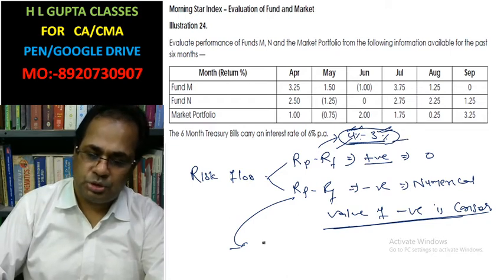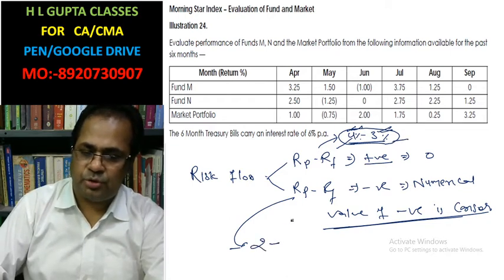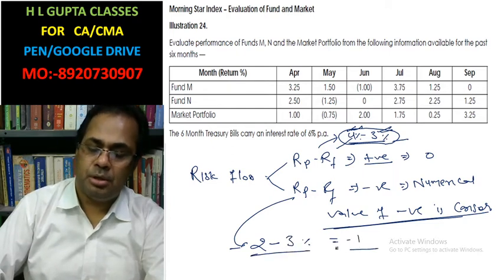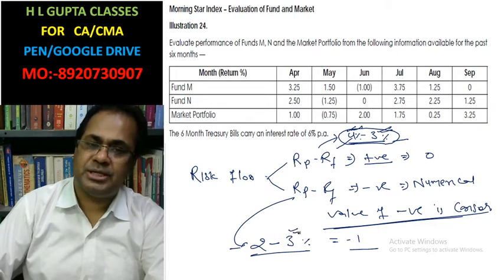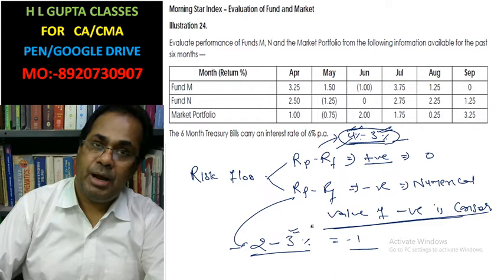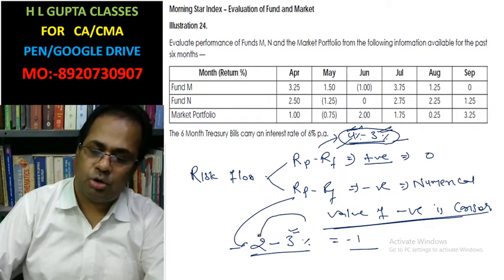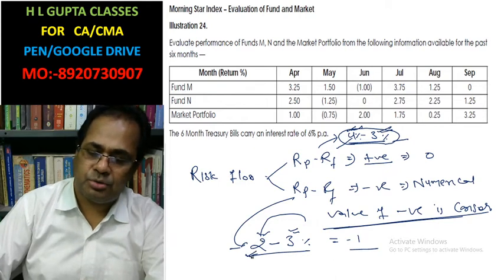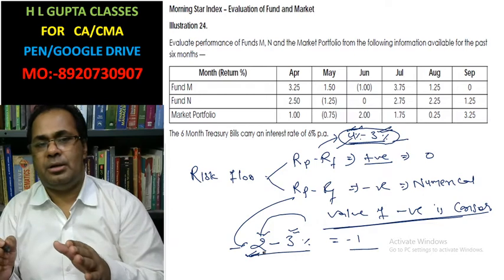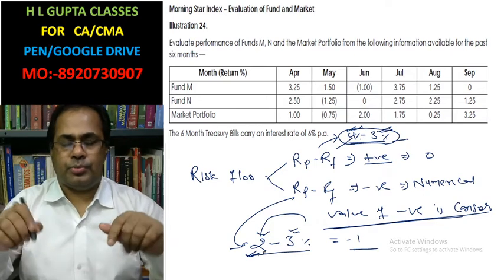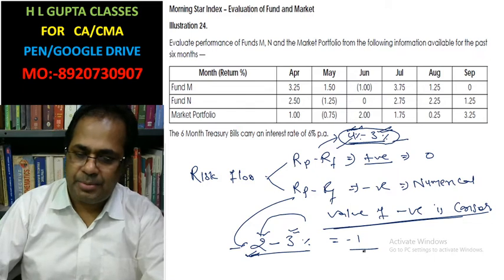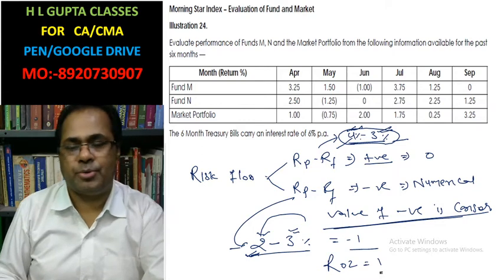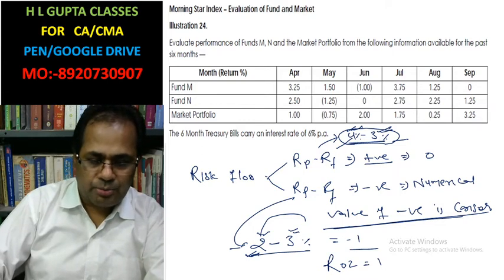But in the reverse case, suppose the portfolio return is 2% and 3% is risk free, this is a -1. It means you had the opportunity to invest at 3% without any risk, but you have taken risk, and on the basis of such risk you have invested in a portfolio which returned 2%, which is lower than the return of risk free. That's why you have a risk of loss of 1, that you have to calculate. Okay, and now I'm going to solve the question here.